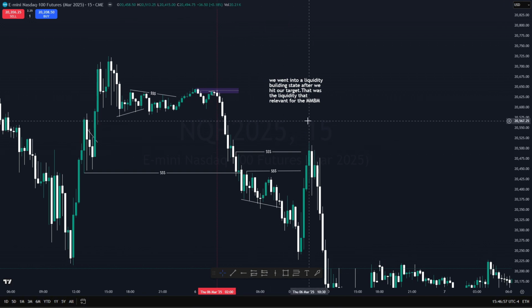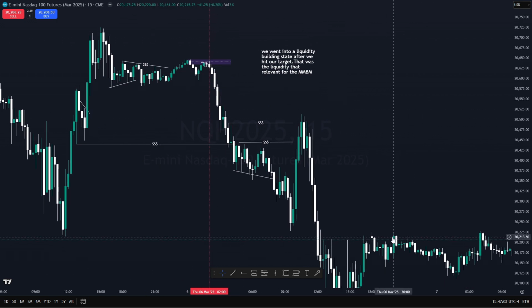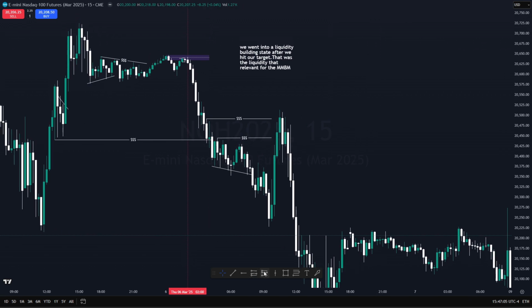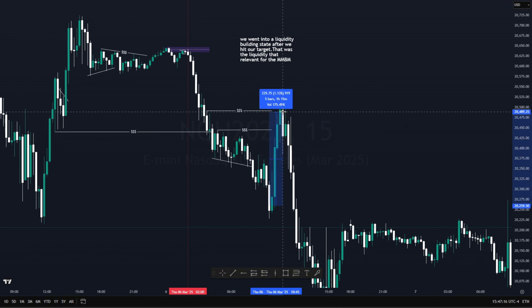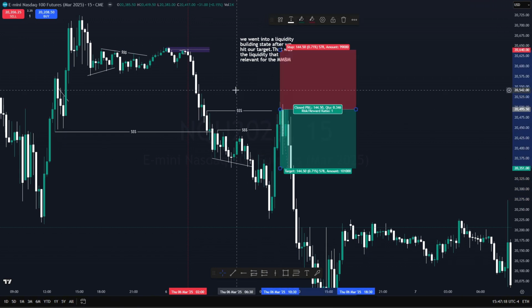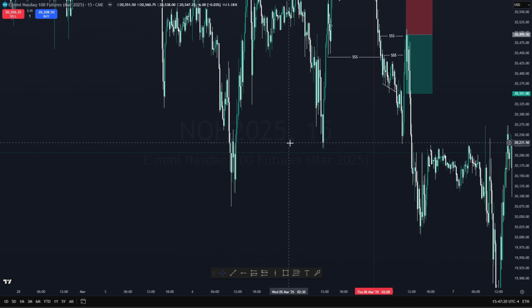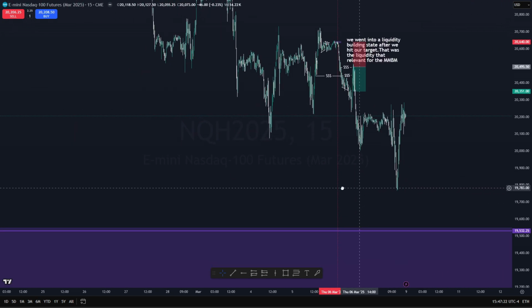Basically, that's just when we engineer liquidity for smart money to be able to move in that direction. So we build up liquidity, we build up liquidity, we build up liquidity. All of this is just for smart money to take price in that direction as a manipulation so that they can fill up their shorts and begin the real move, which was